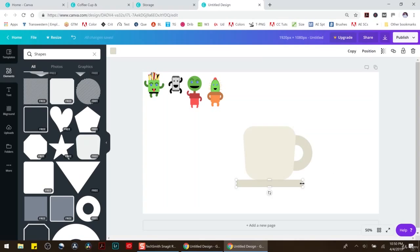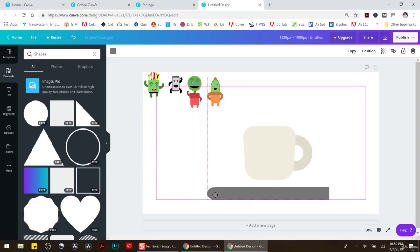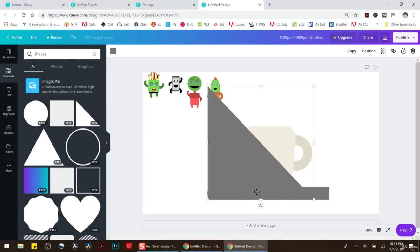If you wanted to make it right, you'd need to do one of two things. Start off with a regular rectangle, and I'm not going to make this crazy small just because I want you guys to see what I'm doing. And you'd either need to put a circle on the end, and you'd have to spend a lot of time lining that circle up to get it just right, and we're not going to spend that time. But you see how I've made more of a rounded shape? Or you could take a triangle,